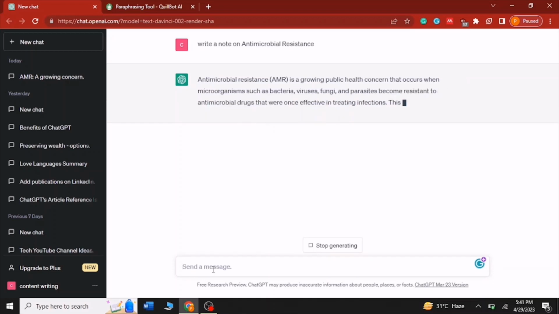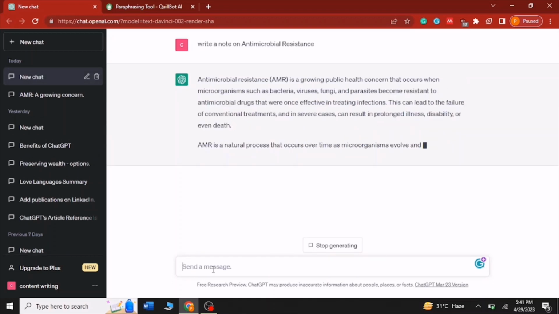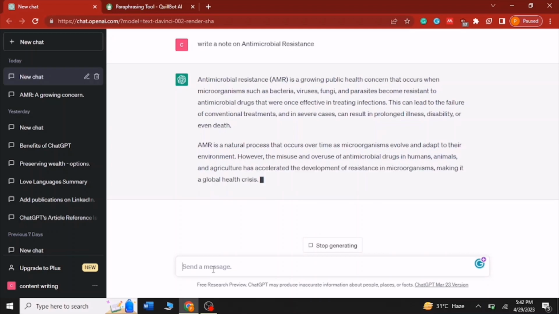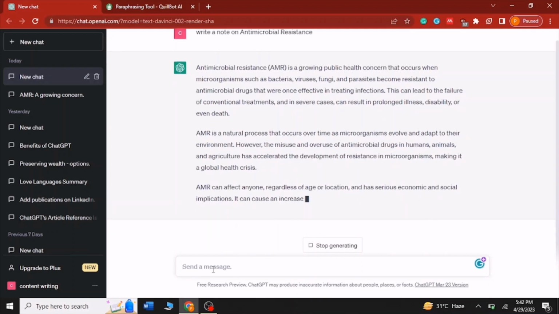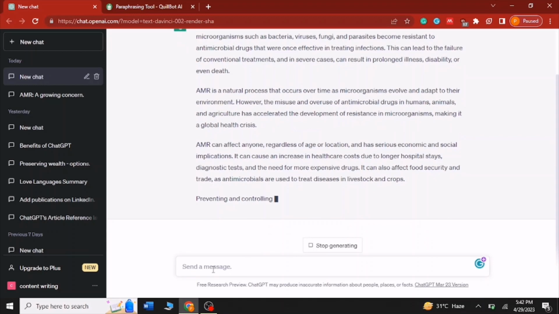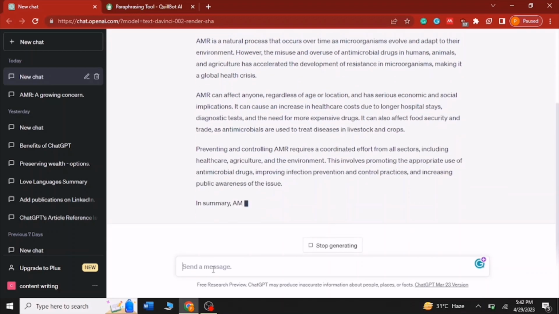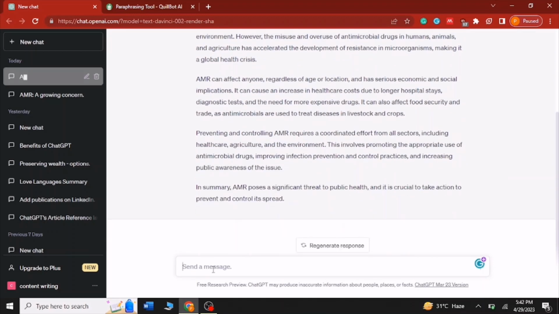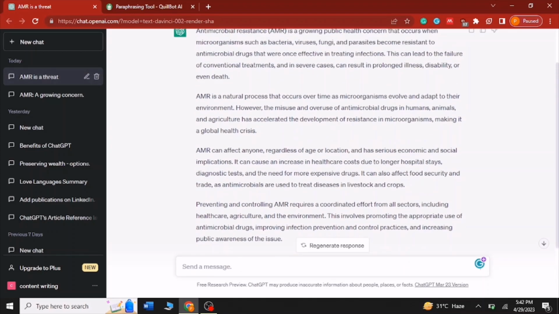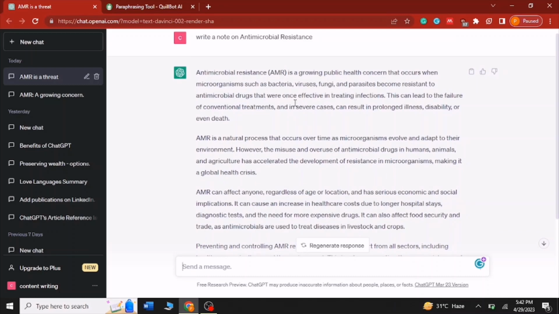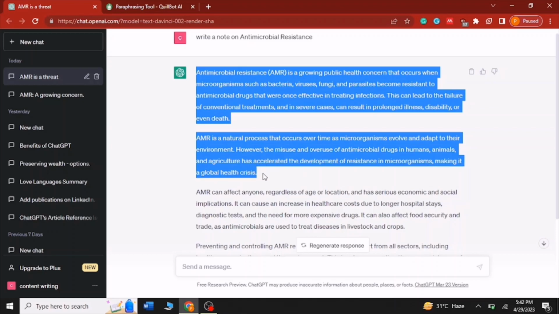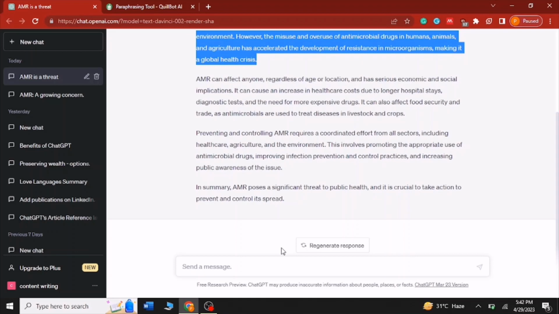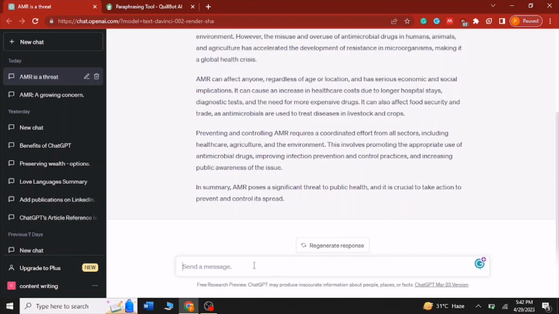I gave ChatGPT a command to write a note on antimicrobial resistance. In order to check how we can detect that text is written by ChatGPT, I will copy the first two paragraphs and then I will paste them again into ChatGPT,